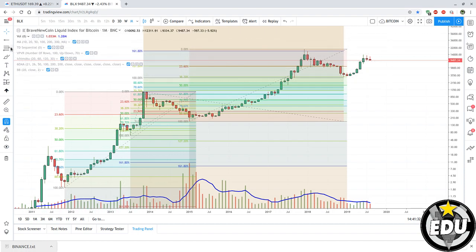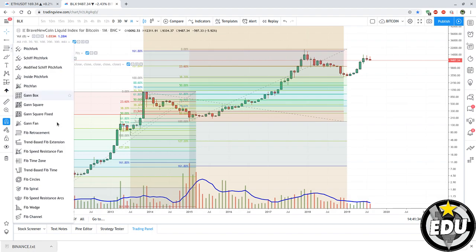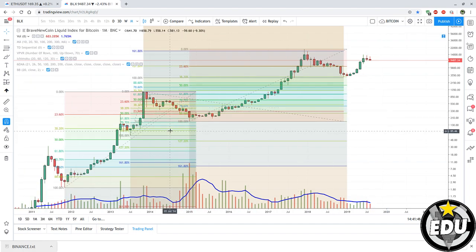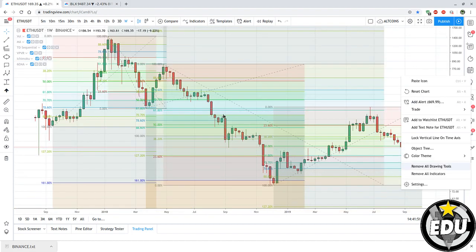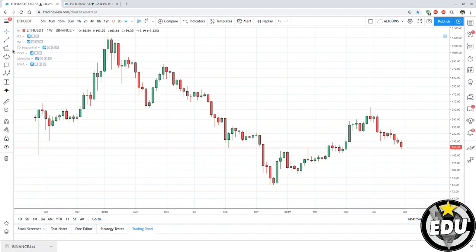First of all, from TradingView, the Fibonacci tool is available here. Those are the only tools that I pretty much use every day: Fibonacci retracement and Fibonacci extension. When you have your Fibonacci tool for the first time, let me go to Ethereum. Let's clear the chart. If I want to trace the Fibonacci retracement,